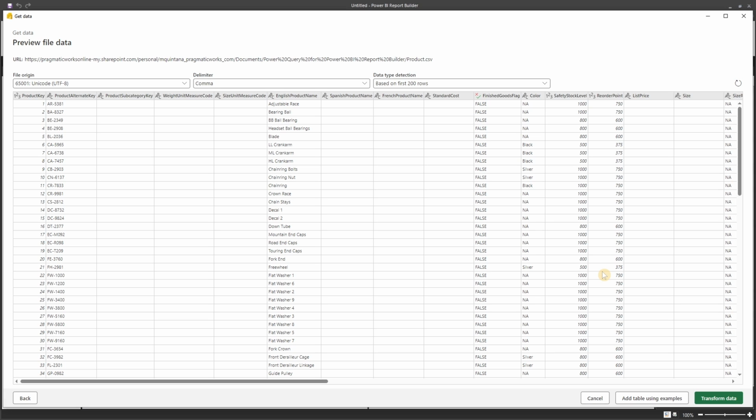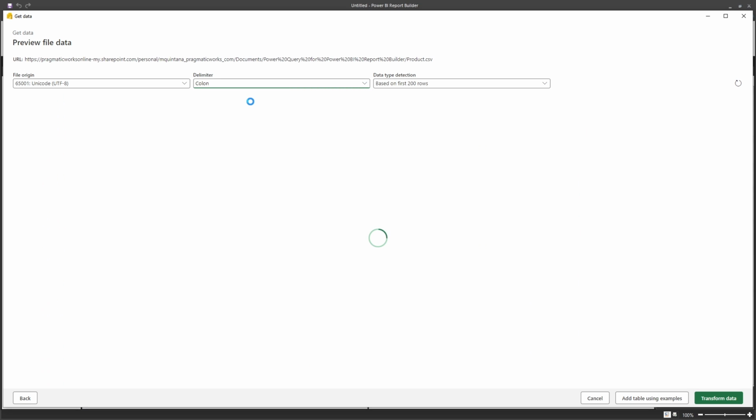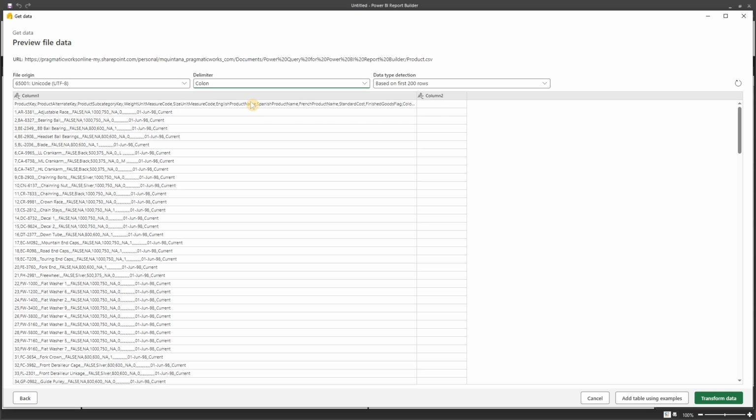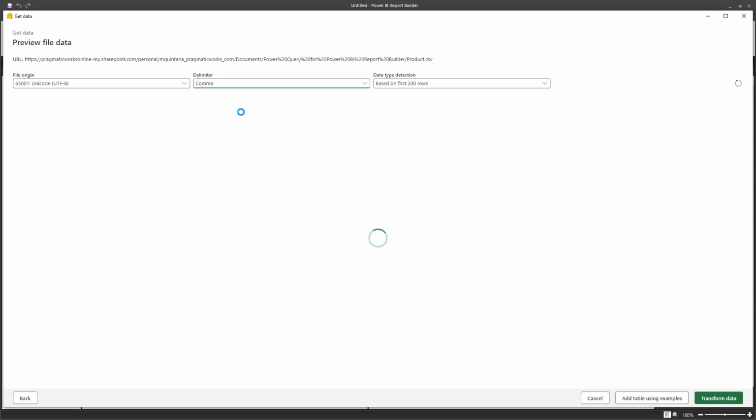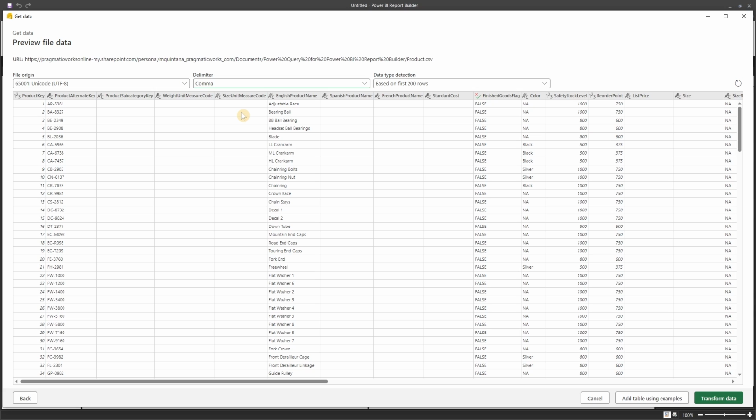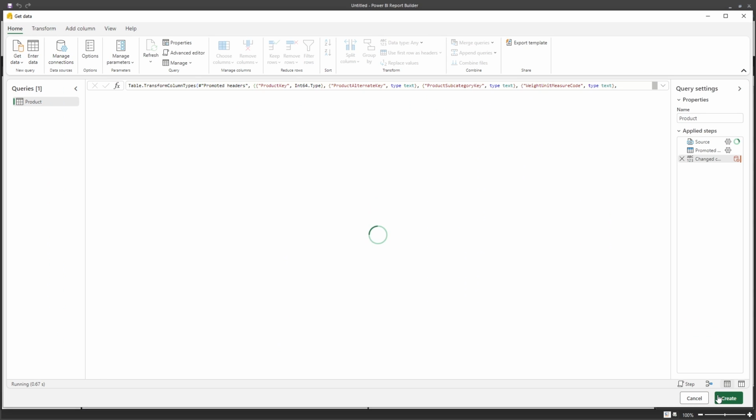And technically you can almost start doing some transformational logic because it's automatically understanding that it's a comma delimited file. But if this started looking really crazy, it wasn't having the right column headers, there wasn't the right separation, for instance, something like this, right? If you showed up and it's like, whoa, looking wild and crazy, and you know what that delimiter is, you can start making those decisions right now. But it does a pretty good job with the preview to understand what the delimiter is, and it's done a good job here. So we'll continue on the bottom right-hand corner and hit Transform Data, which brings us right into